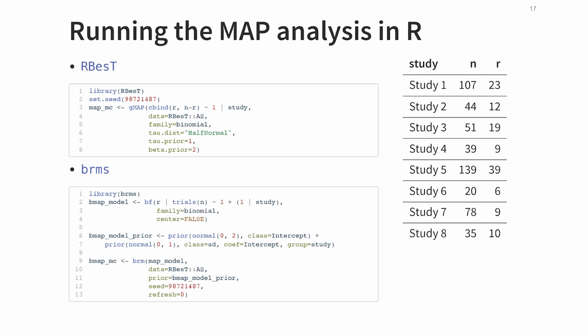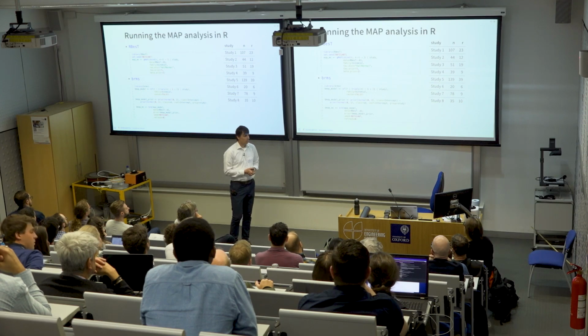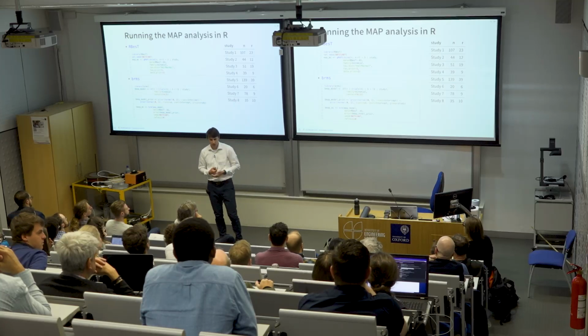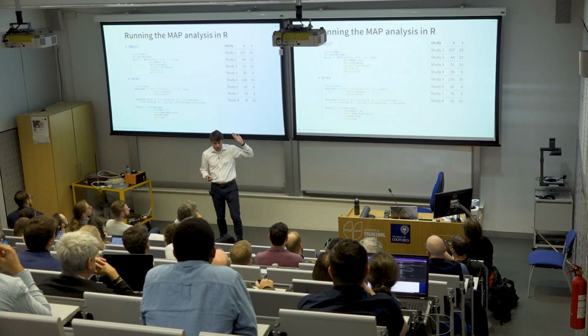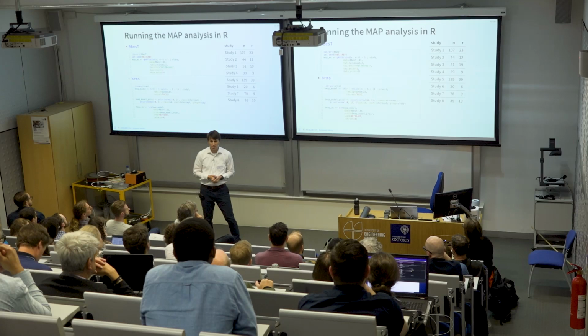So, and here it's actually a very conservative one, because if you simulate a half normal 0, 1 on the logit scale, that's very, very conservative. Here's the respective BRMS code, and I'm bringing this up as on the website. We solve this also with BRMS, since BRMS would allow you to do far more flexible modeling, have more random effect structures, because RBEST has only just one random effect on the intercept.